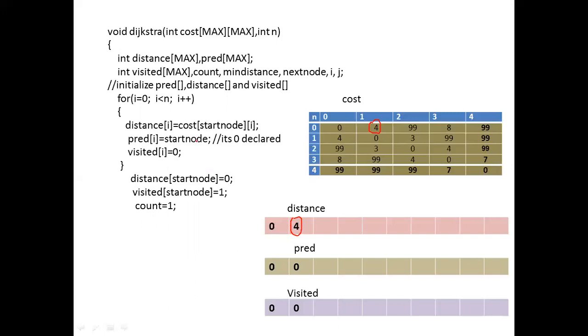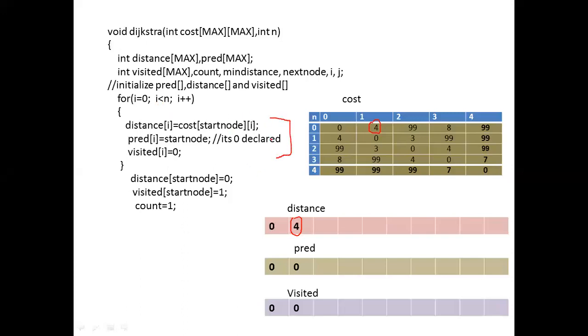And after that, what is the next statement? Start node. Anyway, start node is 0. 0 is assigned to the predefined of i, meaning this is 1. Here it is assigned. Next, similarly, 0 is assigned to the visited of i. The i value is 1. This is also assigned. After that, once again, the controller will go to the incrementing of the for loop. Now the i value is incremented, meaning i becomes 2. Now it will check the condition whether 2 is less than 5. Yes, it is true. If it is true, this statement once again it will execute.